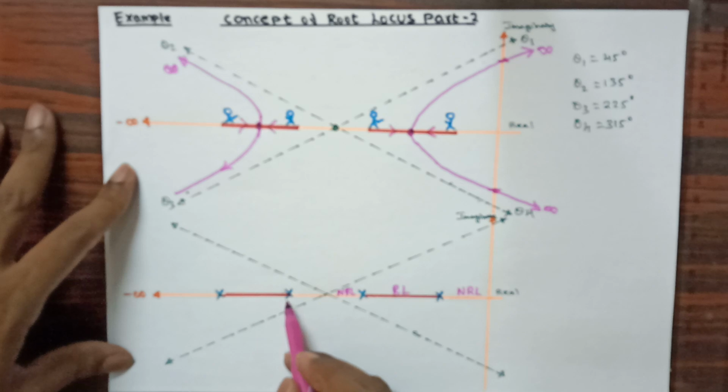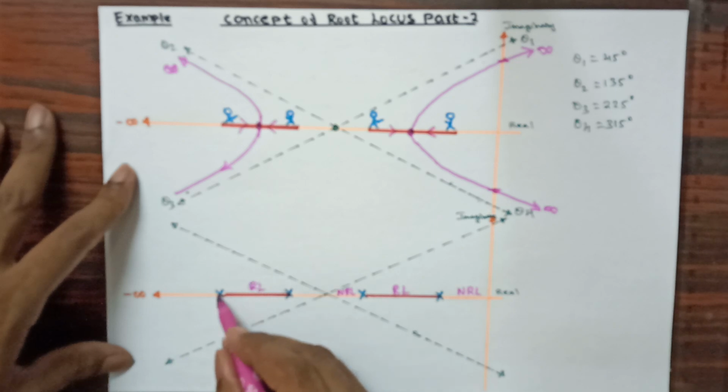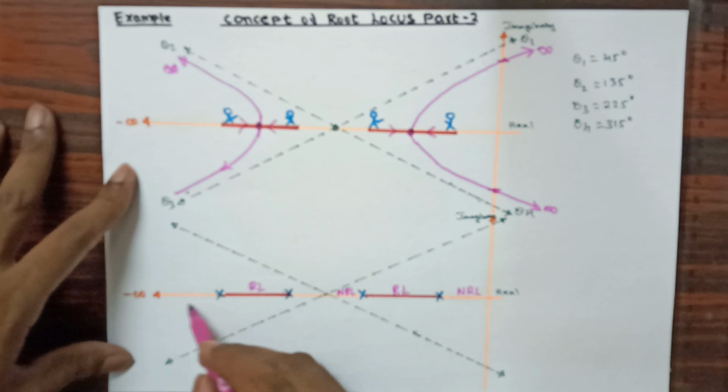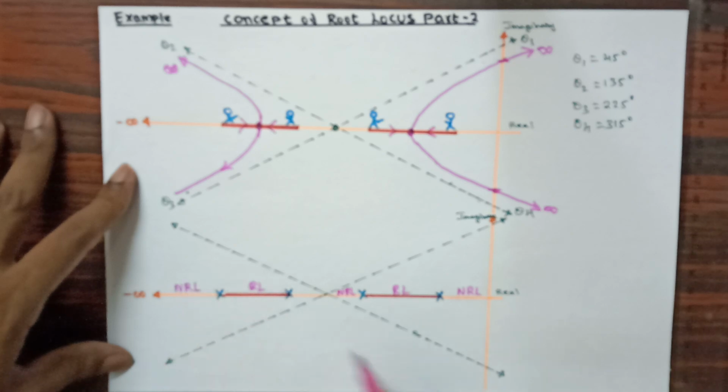Here I got the count 3, so 3 is an odd number. From here again I am going to provide the root locus path till the next count. Now I got the count 4, that means 4 is an even number. Till infinity I am not having any pole or zero, therefore till infinity I will be considering a no root locus path. In this way we are going to provide the root locus path and no root locus path.